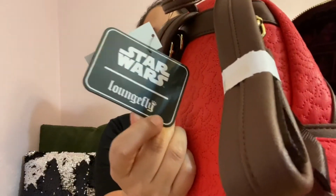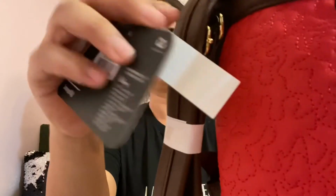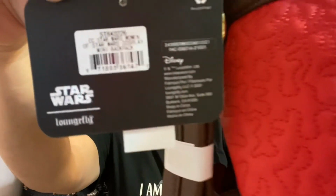And then it comes with the official tag. Oh, come on now. There we go. So you can see what it says there. And the rest is pretty straightforward. I'm not gonna lie, now I kind of want to make an Amidala bound, just